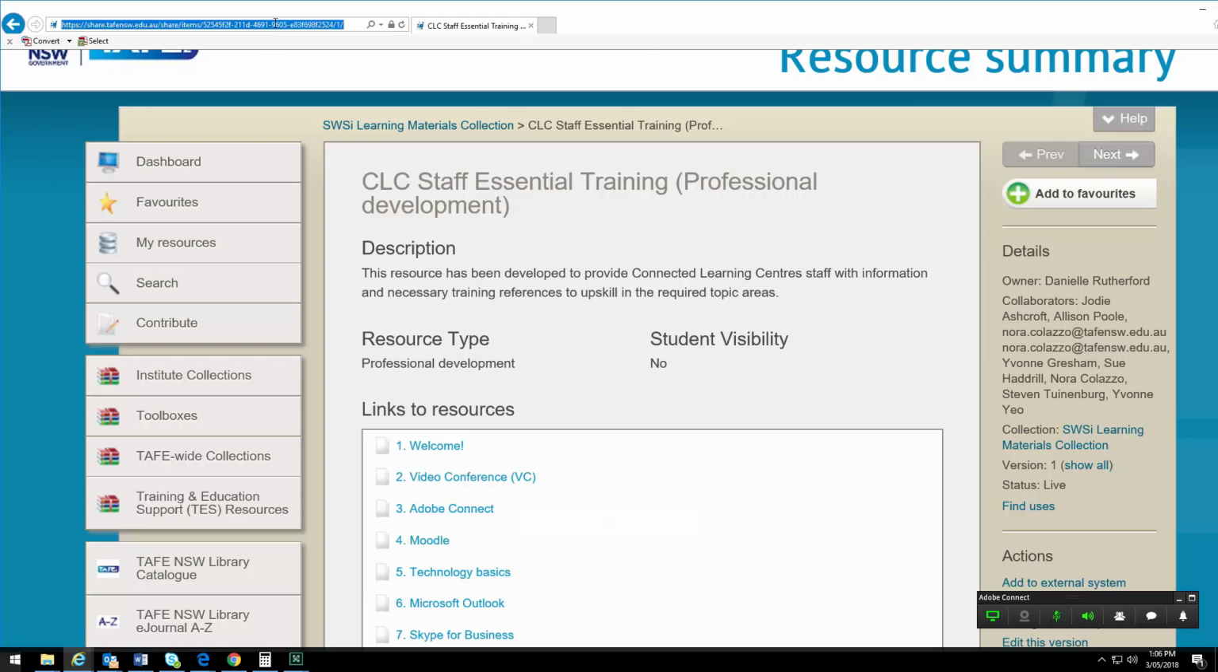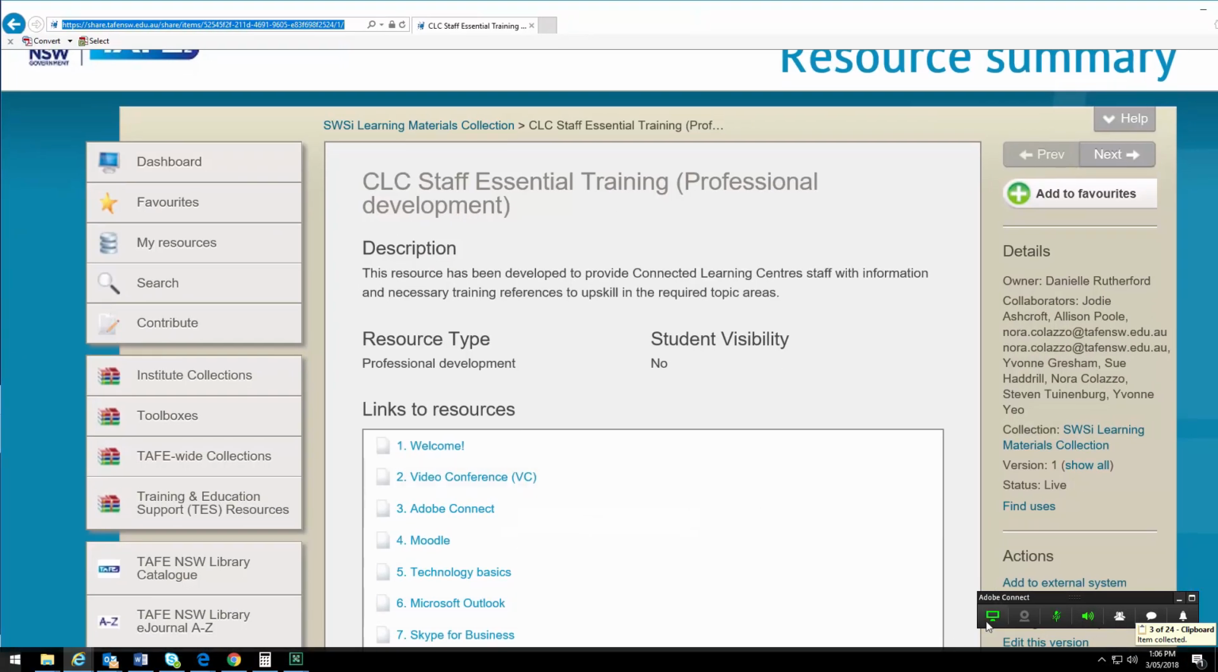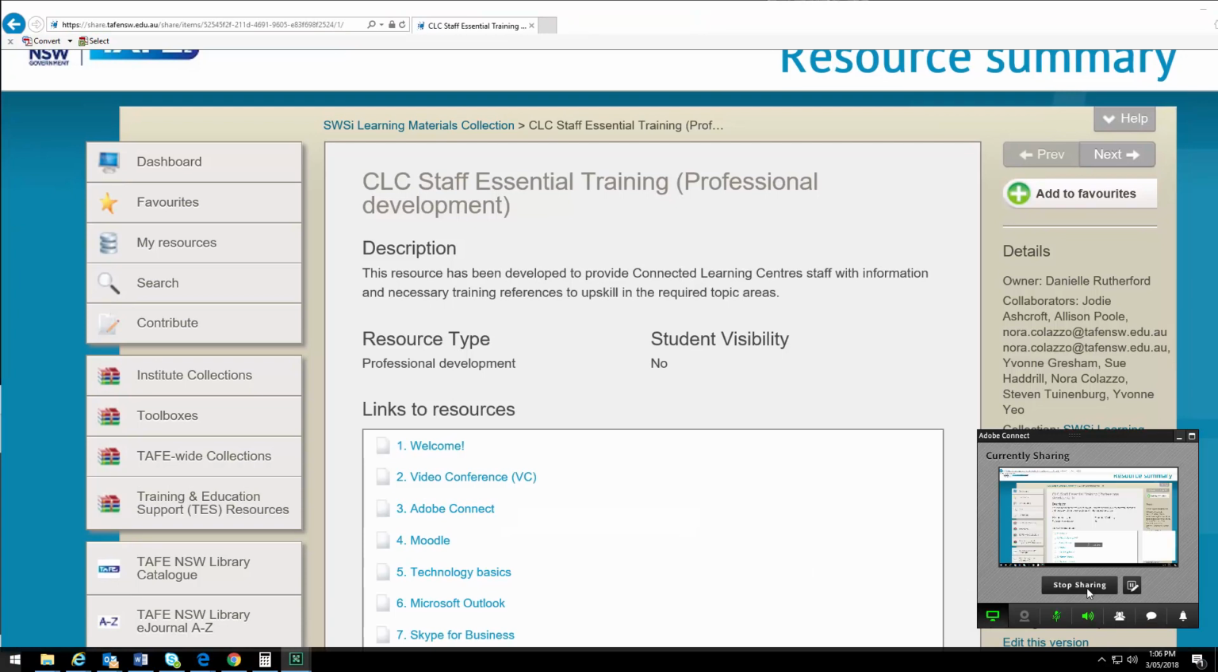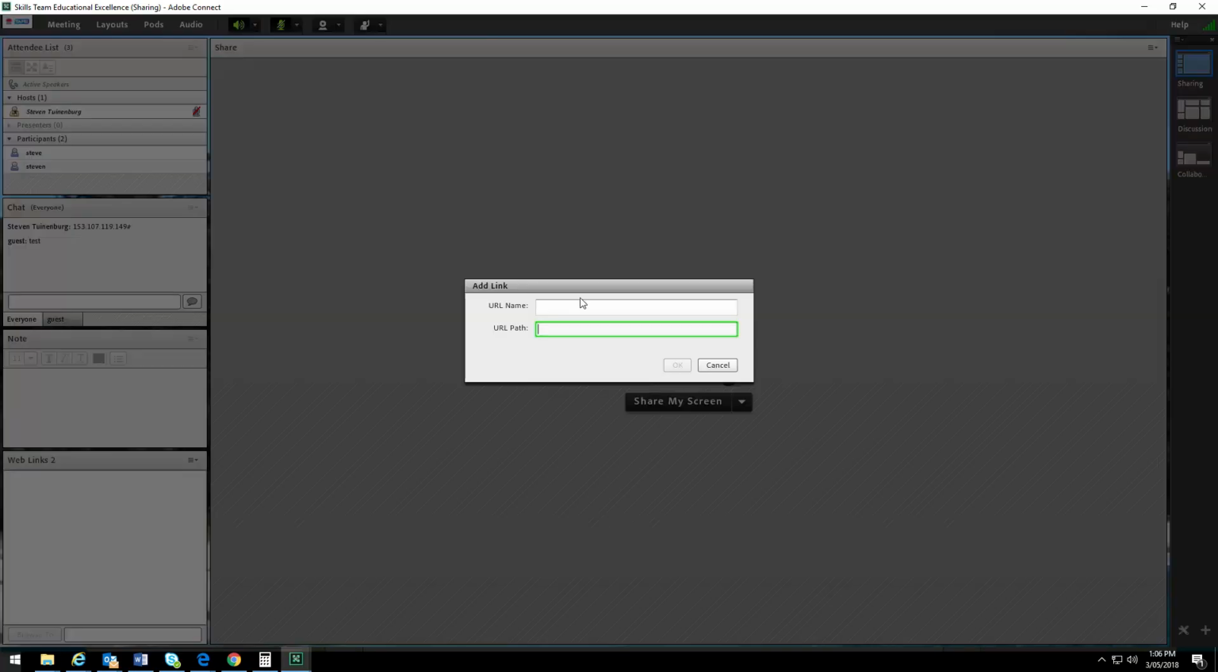One of the other things I could also have done is make a copy of that URL, and when I go back to Adobe Connect, I can pop that web link in: go to add link, and I'm going to put the URL in there, and I'm just going to call this